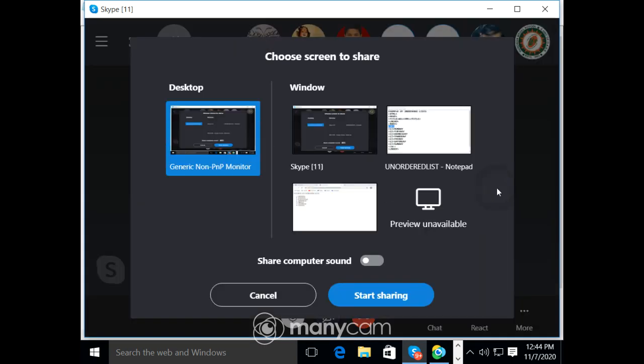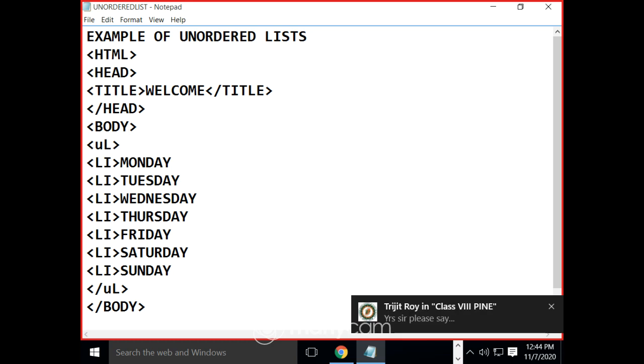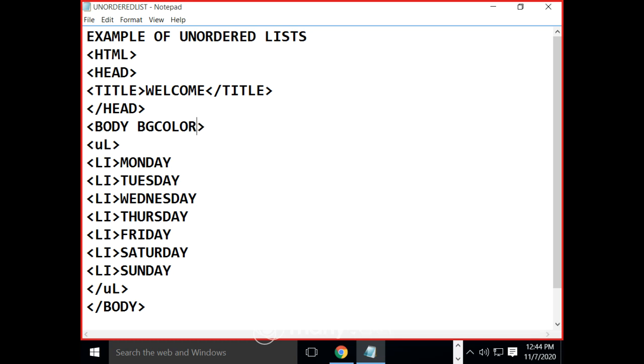So now I am writing body BG color equals, suppose, red. So the screen is in red color. Clear? You can change the font color or background color. Just click on file, then the save option.